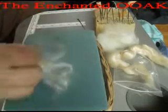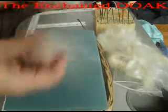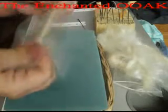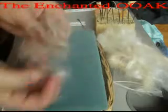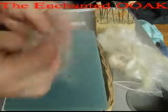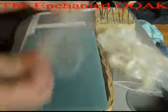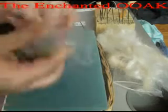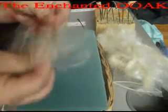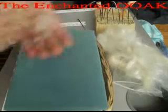Now we're going to make a basic ball at this stage to make up the shape of a head. I'm going to just put that there, and you can gently tease it out a little bit, so you don't want any solid pieces like that. You want to gently fluff it, almost like little clouds. So this would actually work very well for clouds. Whose idea was that yesterday, I think it was Tara, thank you very much, you're quite right, it would work very well. Because I'm making a head, I'm going to just gently start to...